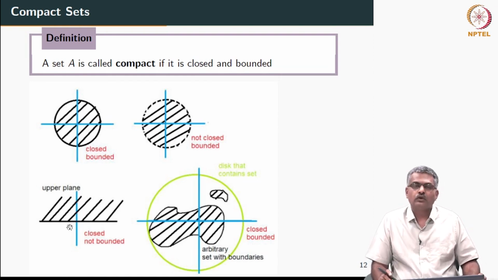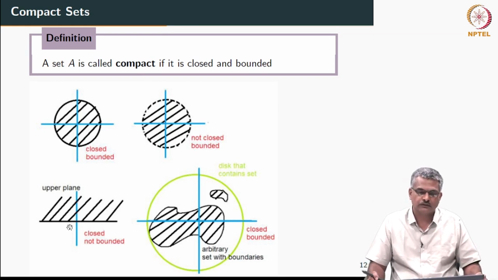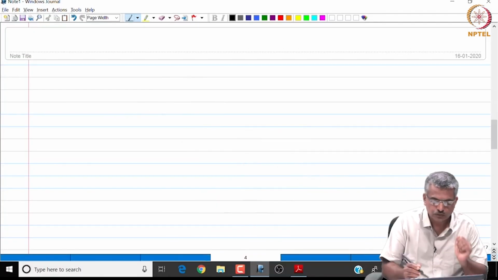The notion of a compact set is very important; we will use it when we do the stability analysis. In fact, we will use it to characterize the notion of region of attraction of an equilibrium point. Next, we will move on to the notion of